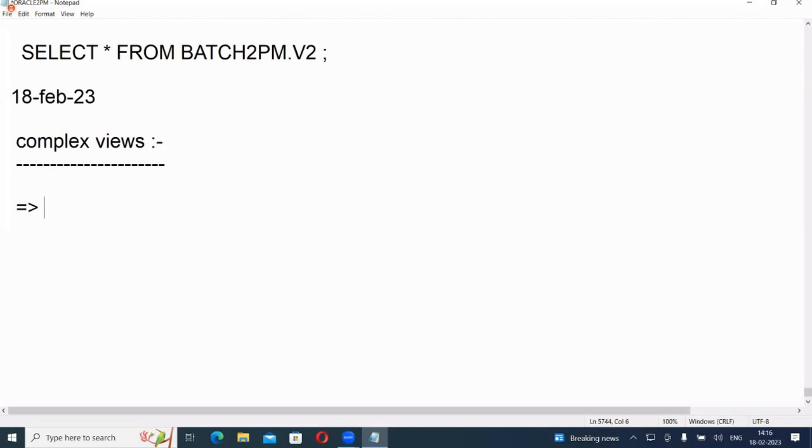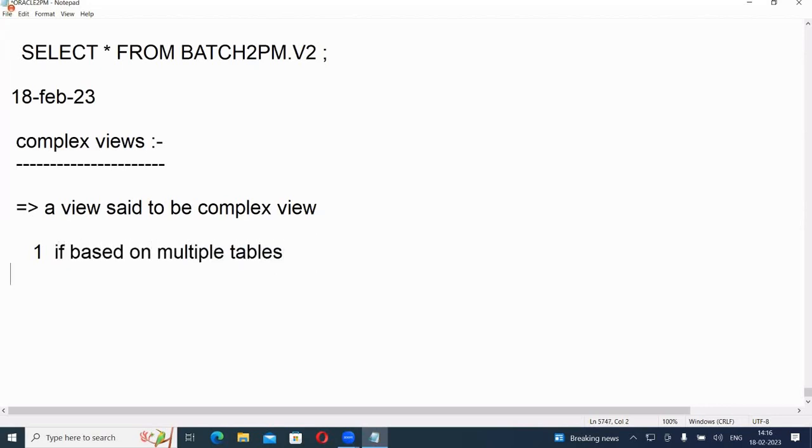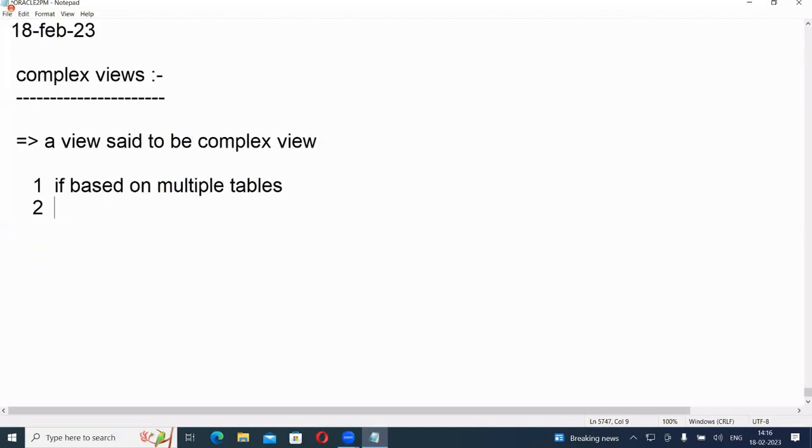So when is a view called a complex view? A view is said to be a complex view if it is based on multiple tables. If the view is based on multiple tables, if the query contains group by clause, distinct clause,